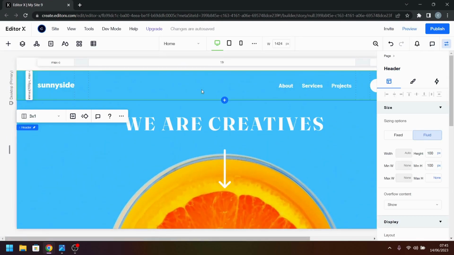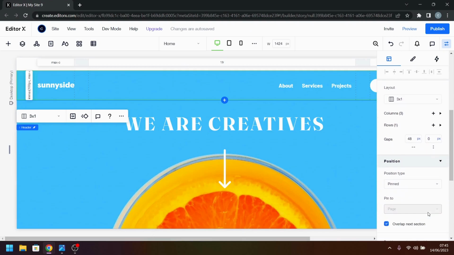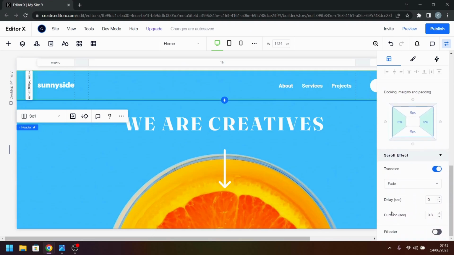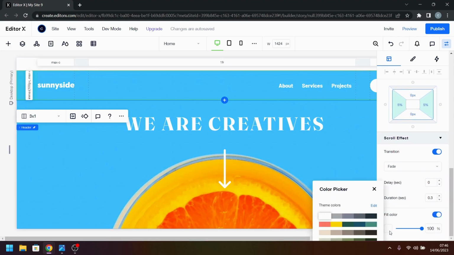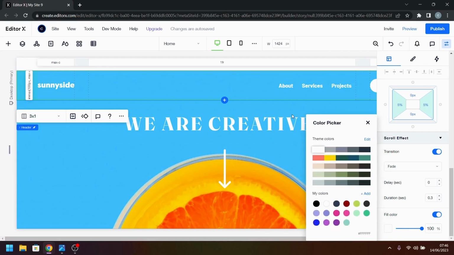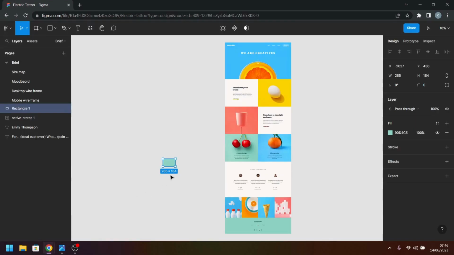And we're also going to give this a solid background color. We want to click the scroll effects, and we want that color to be this blue. So what we're going to have to do is go over to Figma,